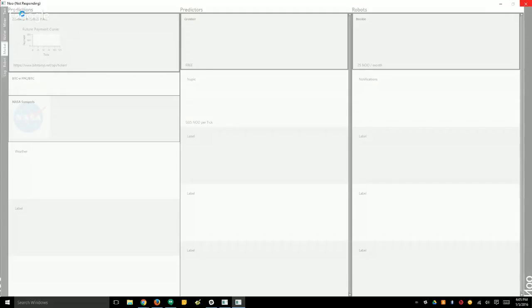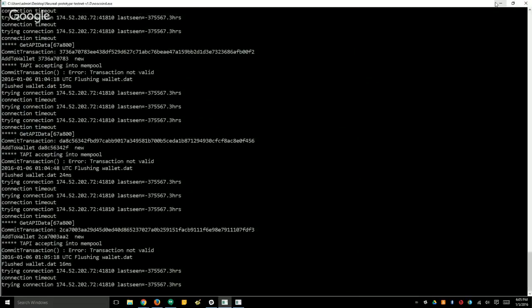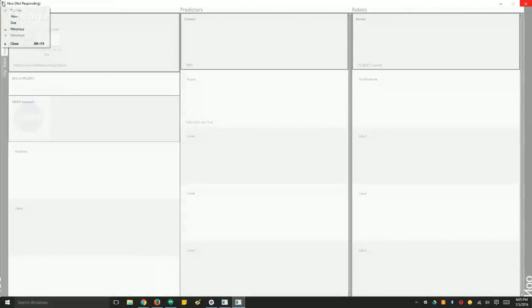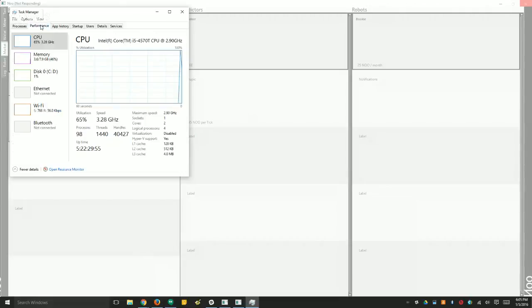No, not responding. It must be working hard or something. Okay. And we can't go back to the thing either. Let's look at our task manager, see what's going on here. Yeah, we got some major CPU action going. Wait, look at that. Oh, wow. 53%. So it's definitely running the AI algorithms. And this machine is not very powerful.